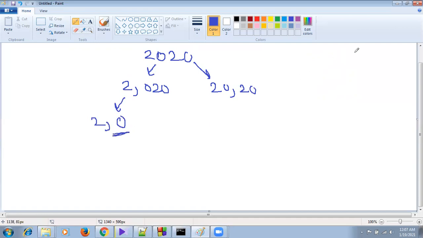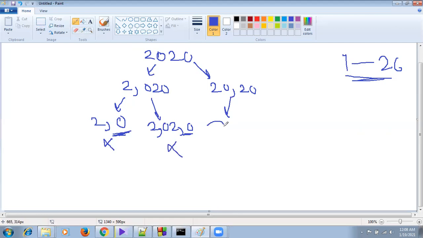Because the encoded limit is given, we can decode a number from 1 to 26 only. Excluding these numbers we cannot decode. Here we are finding 0, so we cannot decode, so we will not go further and will not check further. Again we check 2 0 2 0. Here we will not take a single 0, because it crosses the limit. We cannot decode 0 because the limit is 1 to 26.